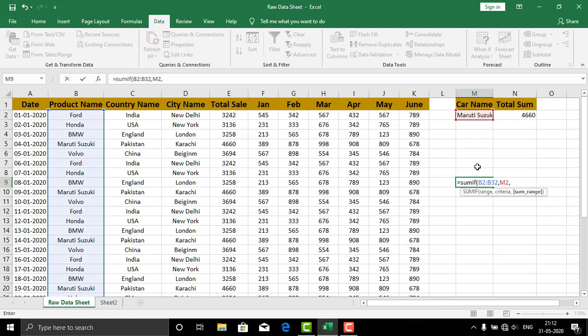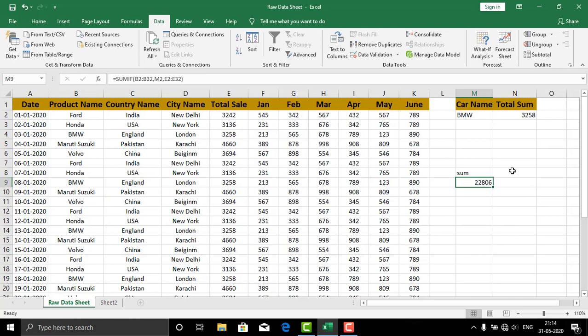Select the range that you want to total up, close the bracket and press enter. And for BMW, the total sum is 22806. Say Honda, it will change to 18816. If I choose BMW, it changes again to 22806. So this is the SUMIF formula.